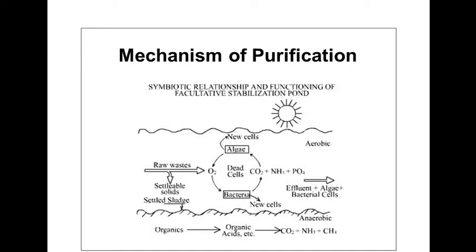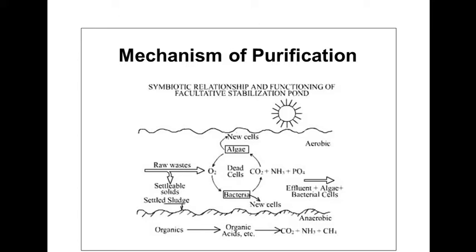The first zone is the top zone. This is an aerobic zone in which algal photosynthesis and aerobic biodegradation take place. The bottom zone is an anaerobic zone, where the wastewater settles and undergoes anaerobic decomposition. And the middle zone is called the intermediate zone, also called the facultative zone. This is partially an aerobic zone and partially an anaerobic zone, and the decomposition of organic waste is done by the facultative bacteria. Okay, so this is the working of the facultative stabilization pond.